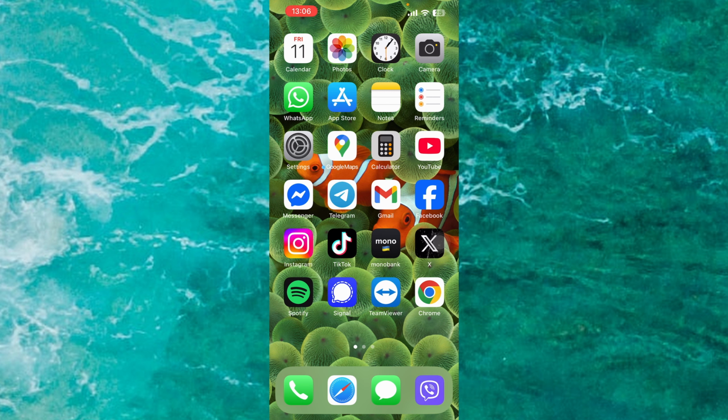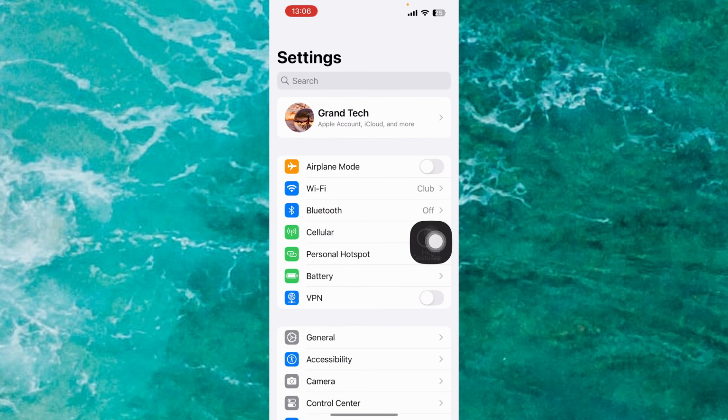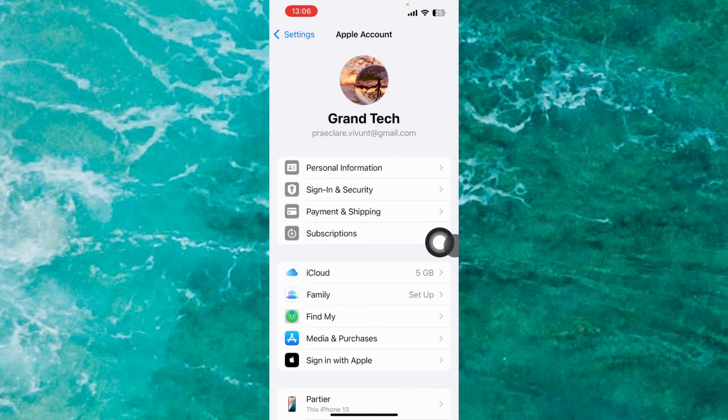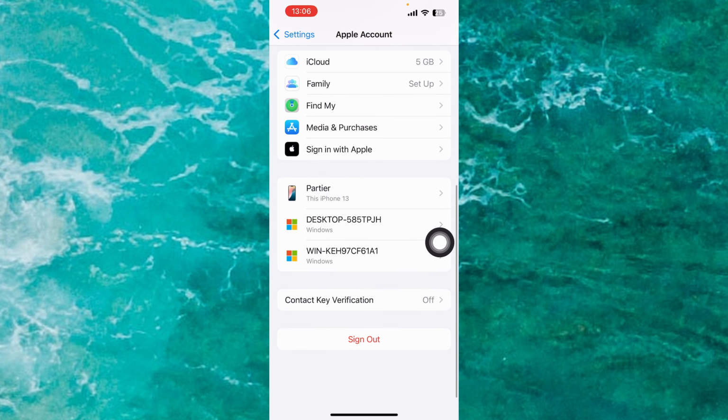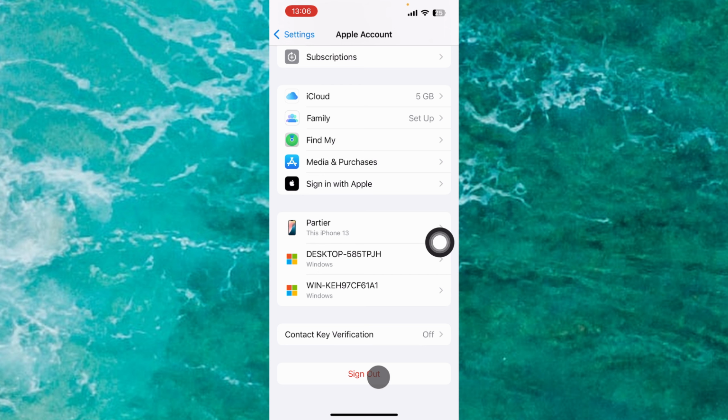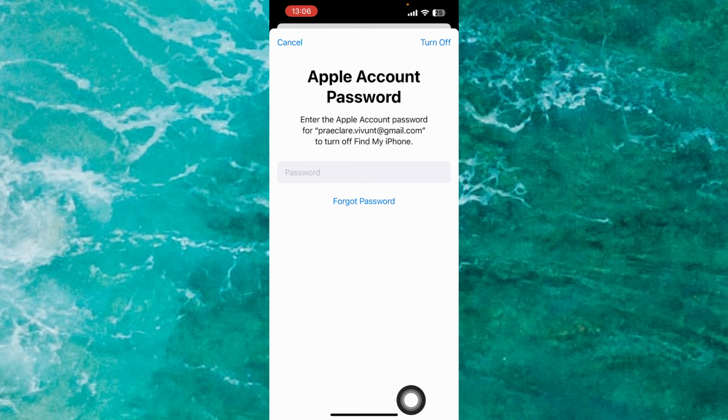Here is how to change Apple ID without losing data. So first of all, what we can do is go to settings, then tap on your Apple ID over here at the top, and of course scroll down a little bit, just tap on sign out, enter your current password,